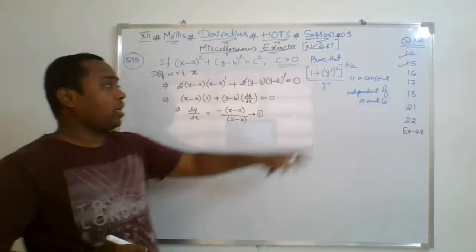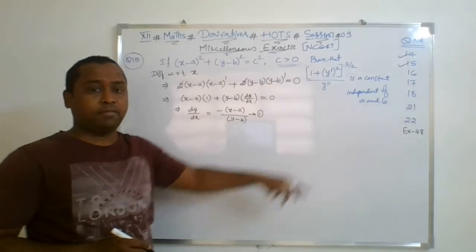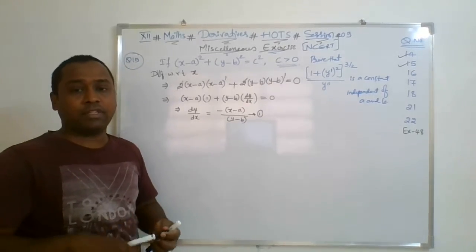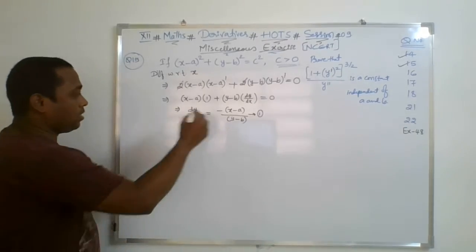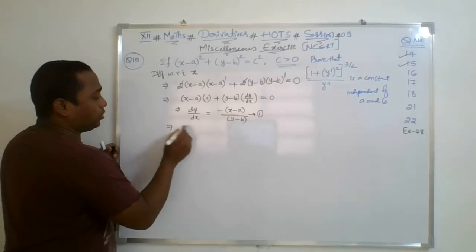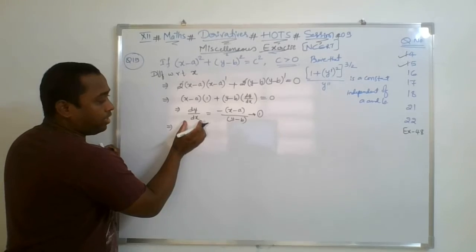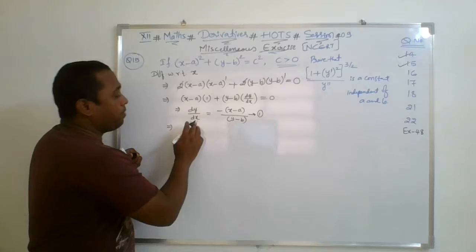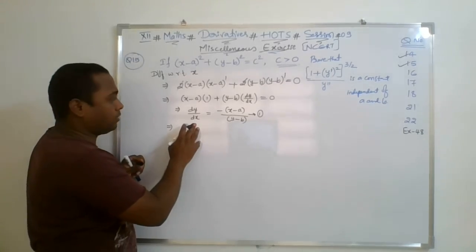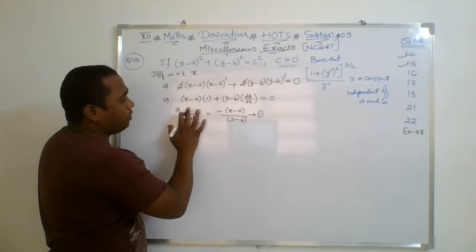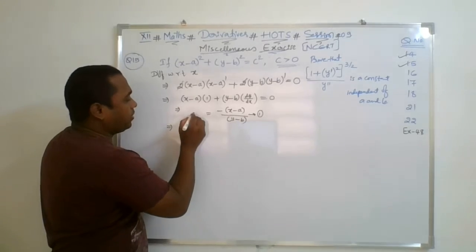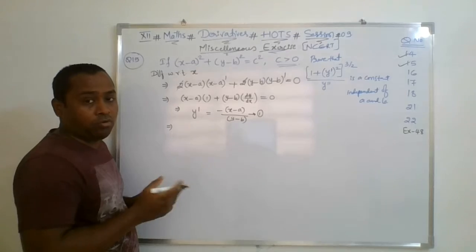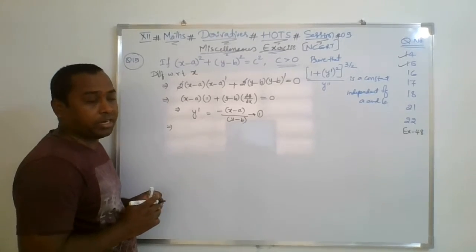Now I also require the double derivative, hence I need to take the derivative of this function once again with respect to x. Again I am doing the derivative of this function. So it is dy by dx. If I do the derivative on both sides, then it becomes d square y by dx square. For the sake of convenience, instead of writing dy by dx, I am writing it as y dash. dy by dx can also be written as y dash.